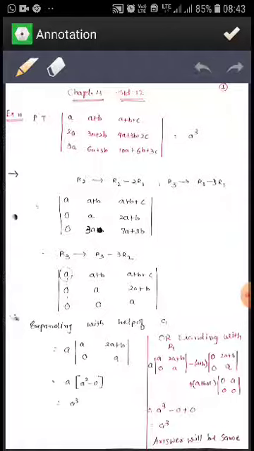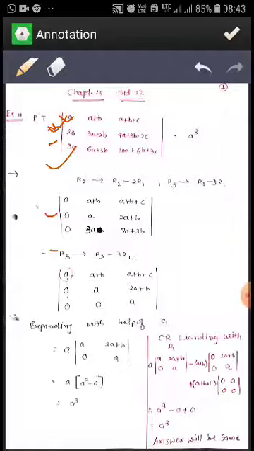Now we are taking some examples, and then we will go for exercise 4.2. First is example number 11. Prove that the value of this determinant is a cube. As we have done with elementary operations in matrices, we are doing the same thing. We want to make a 0 in some row or column. Here we can see if we multiply this a by -2 and add into the second, then it will be 0. If we multiply this a by -3 and add into the third, then it is 0.